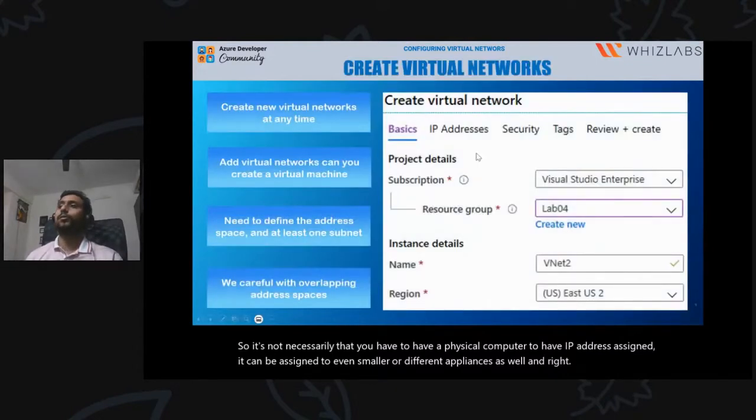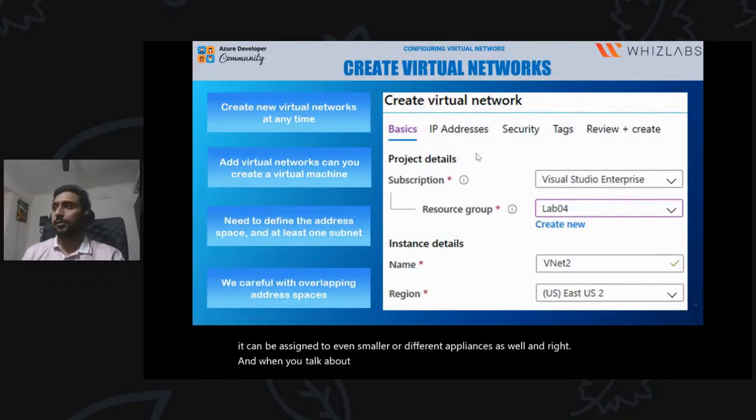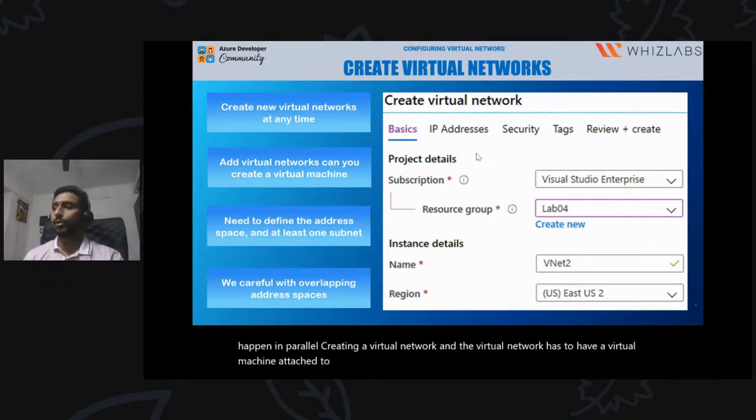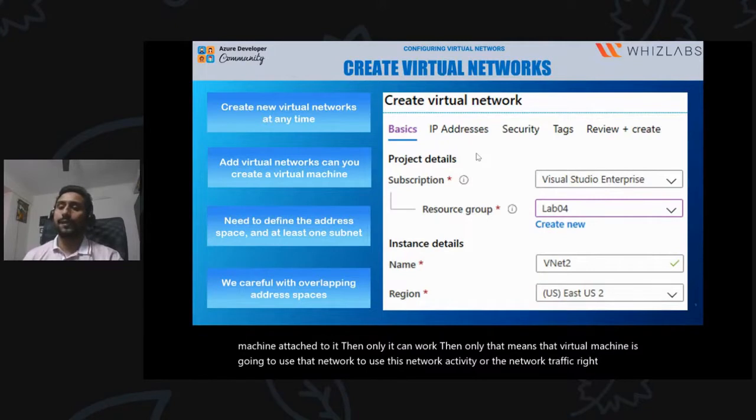And when you talk about creating virtual networks, there are two things which have to happen in parallel: creating a virtual network, and the virtual network has to have a virtual machine attached to it. Only then can it work. Only then will the virtual machine use that network for its network activity or network traffic. And you need to define at least one subnet,